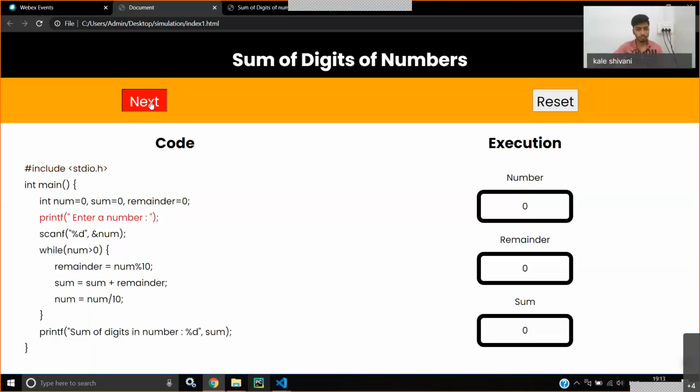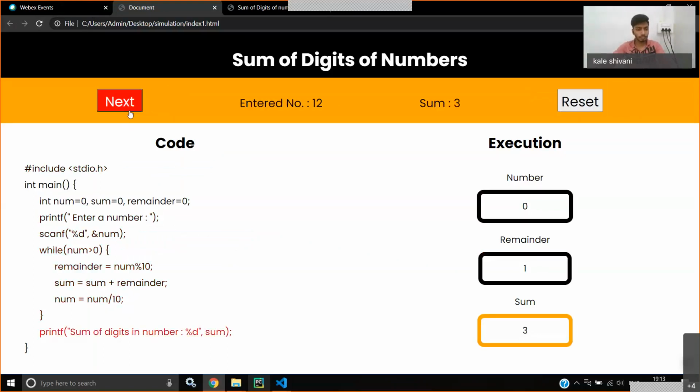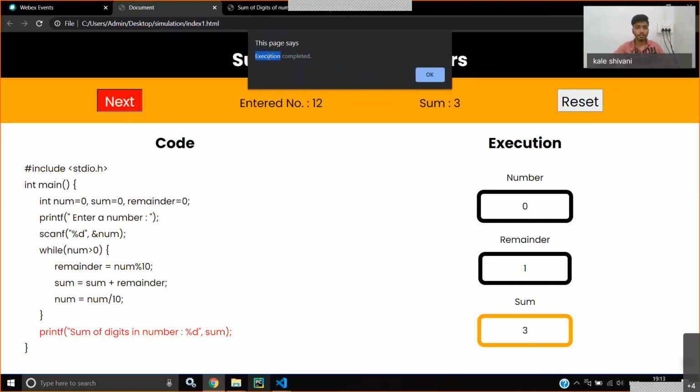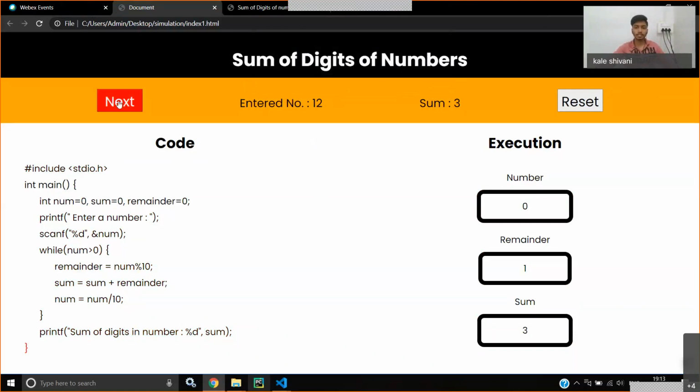Start. Now you can see the pop-up. Execution is completed, and if you press OK, our next button is disabled.